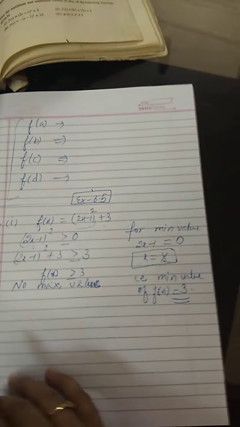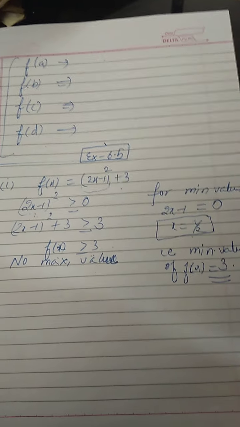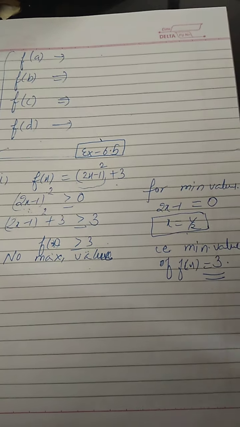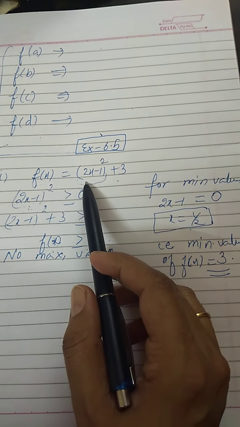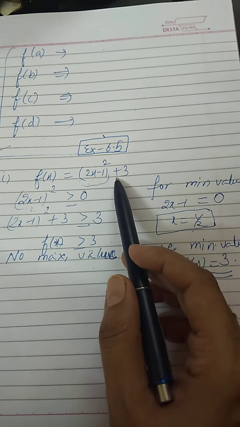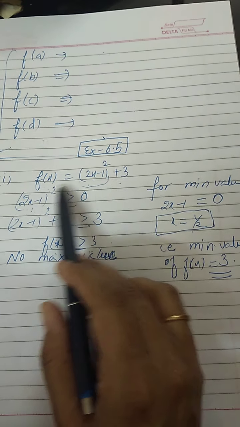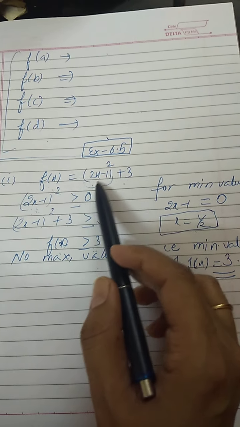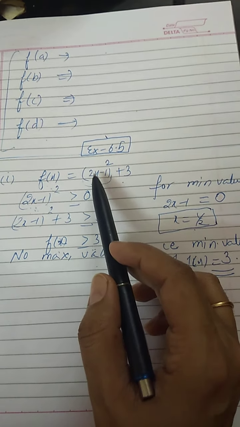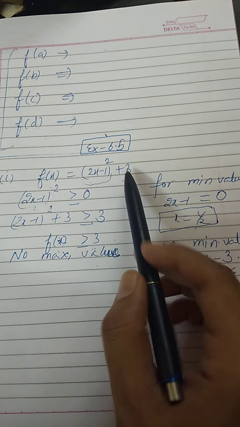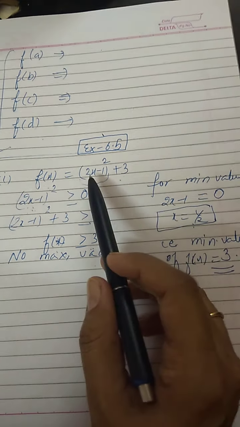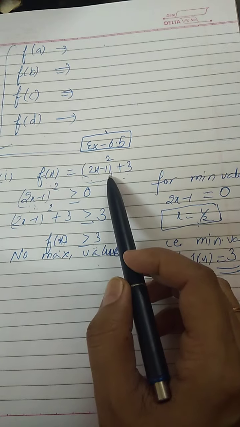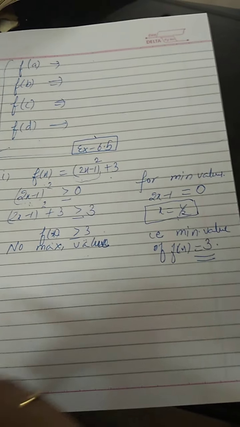This is just what we have done with our concept of function, because we know that it is a square term which can't be negative, plus 3 term is there. So f of x will be 3, that is the least value of the function, when this term 2x minus 1 becomes 0. And as I put different values of x except x equal to 1 by 2, the value will keep on increasing because of the square function.